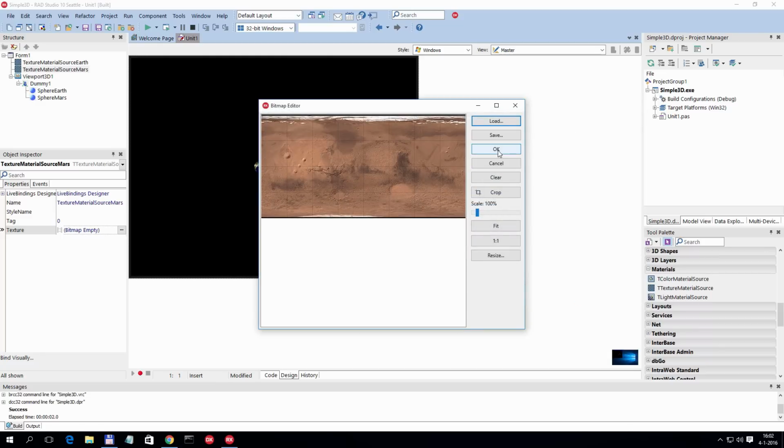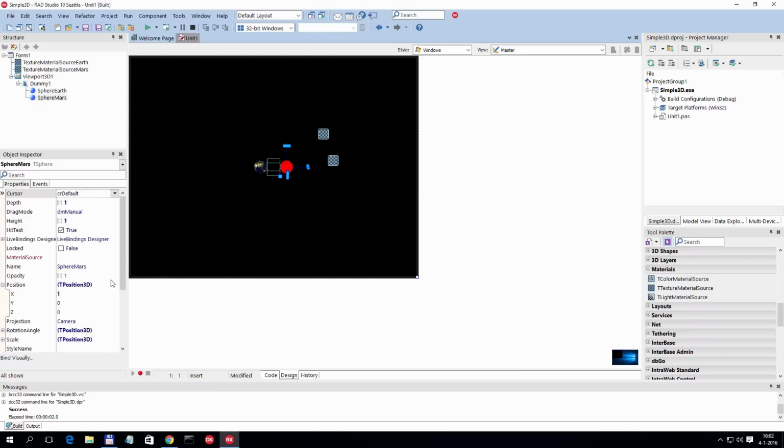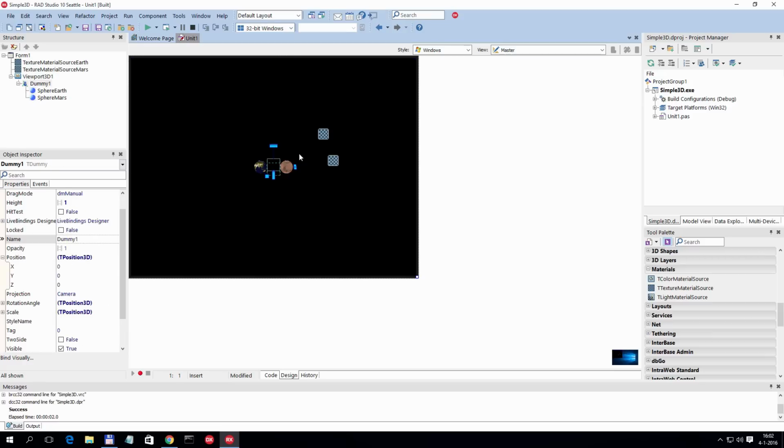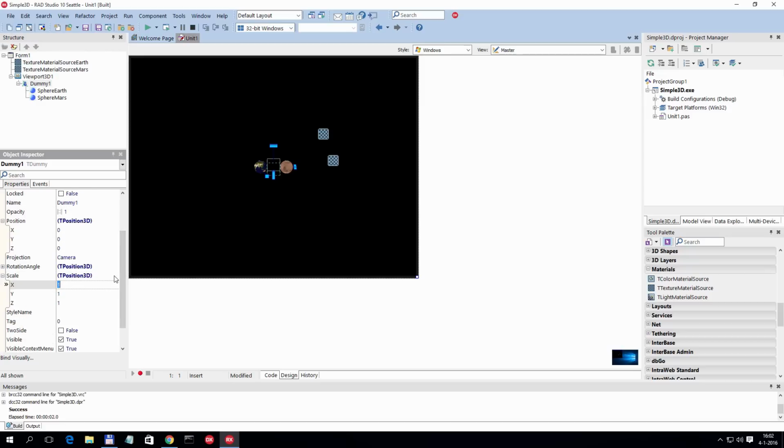So I have now two textures. So I also need to set the material source property to be Mars. Okay, so we have now two spheres, and like I said, the dummy is a useful container. I can use dummy to, for example, change the scale so my image looks bigger, so I can, for example, make it 3 times bigger in the X direction, 3 times bigger in the Y direction, and 3 times bigger in the Z direction. Also, notice that when I change the property of the dummy, all contained objects actually inherit